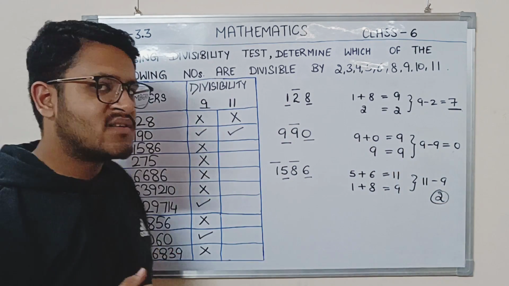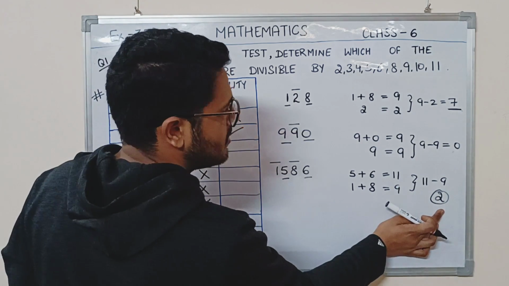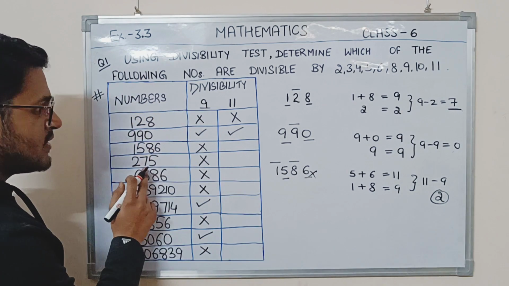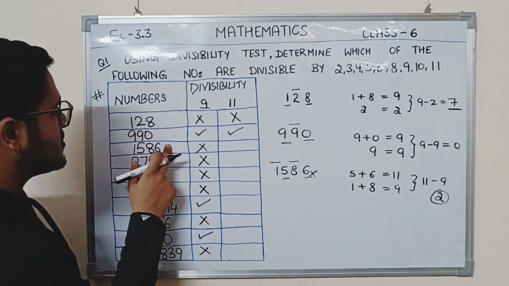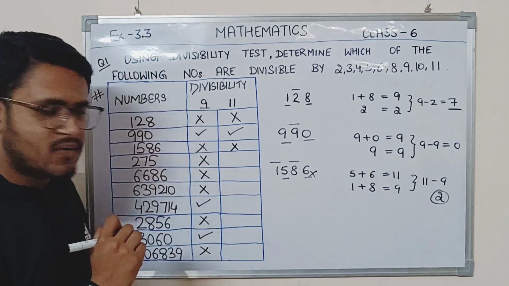Now tell me if 2 is divisible by 11. No. Okay. So if 2 is not divisible by 11, then this whole number is also not divisible by 11. 1586 is not divisible by 11. Okay. Next,